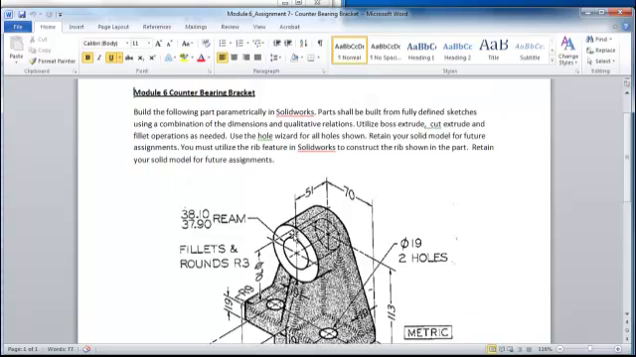This one's also part of Module 6. And the thing I want to point out on this one here is that you have to actually utilize the rib feature in SOLIDWORKS to construct the rib that you see on the part. So again, please make sure you are reading the instructions and executing on the commands that are specified in the